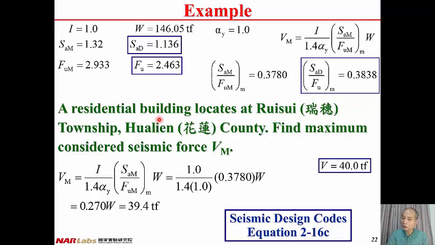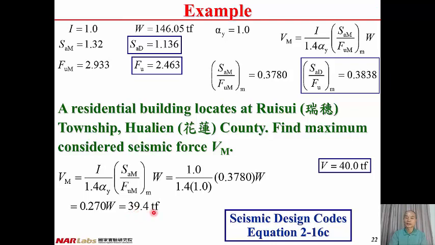This is a residential building located at Ruishui Township, Hualien County. According to equation 2-16C of the seismic design code, VM equals I divided by 1.4 alpha Y, I equal to 1.0, divided by 1.4 alpha Y, times SAM divided by FUM modification. The modification of the ratio is 0.3780, and times W. Therefore, VM, the maximum considered seismic force, equals 0.270 W, equal to